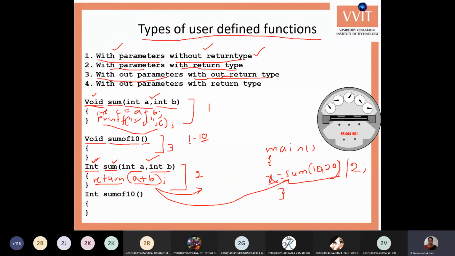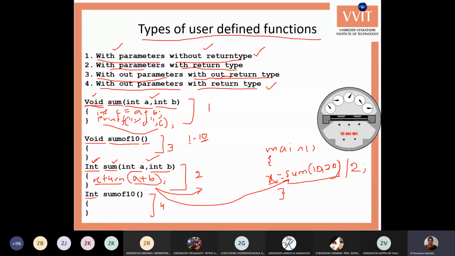Okay, sometimes this type of function is required, without any return and without any parameters. And the fourth type of function is without parameters and with return type. There are no parameters but we have the return value. That is, no input but there is output. Input values are not needed but an output value is needed. And this is the fourth type of function.